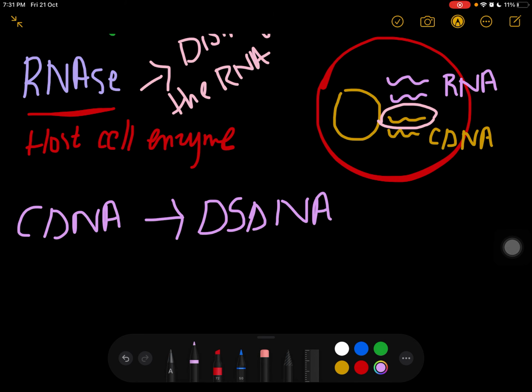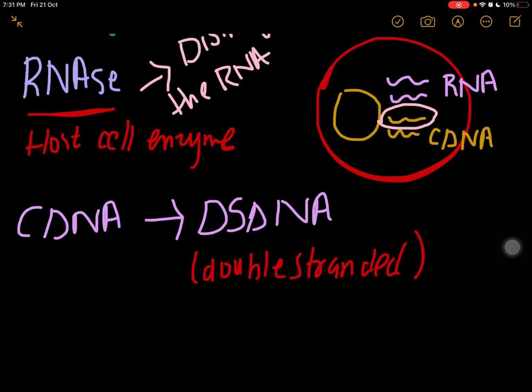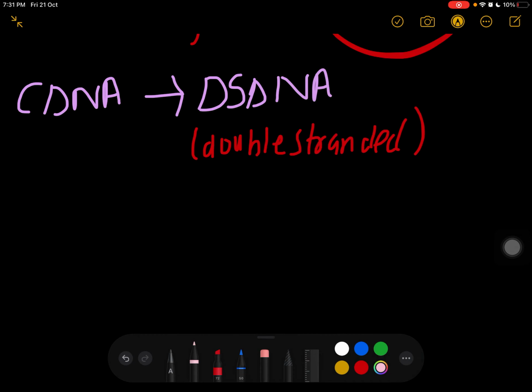In integration, the cDNA, which is complementary DNA, will be converted into double-stranded DNA. ds means double-stranded DNA. cDNA will be converted into double-stranded DNA, and then in the step of integration, this double-stranded DNA